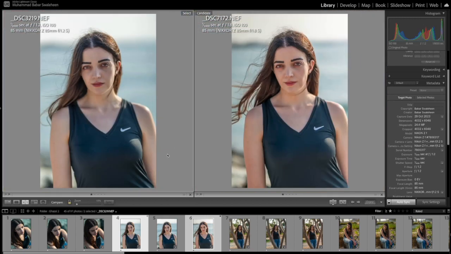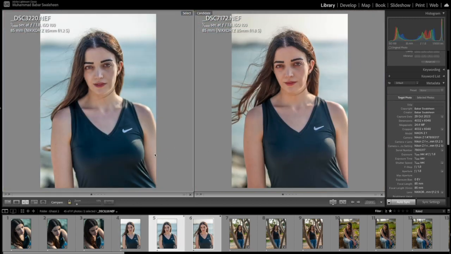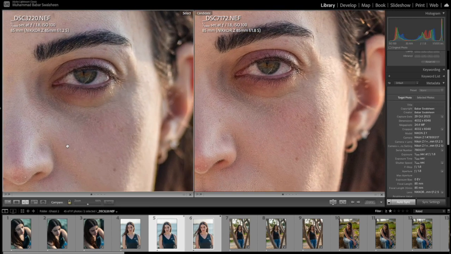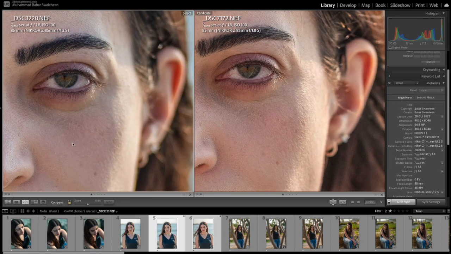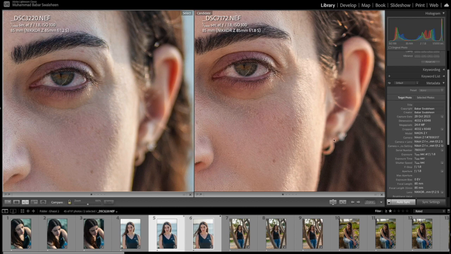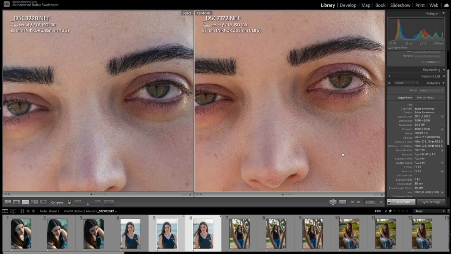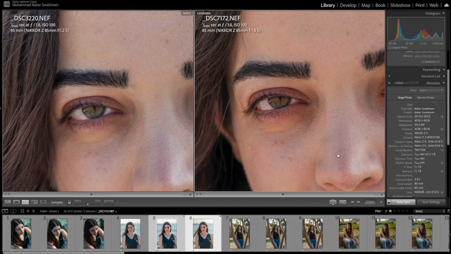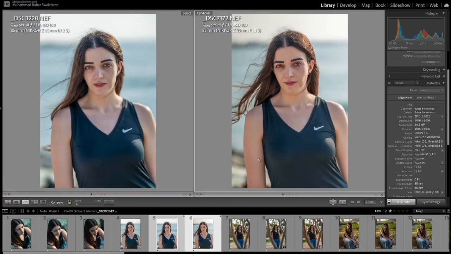So if I switch this with this, now both lenses are at 1.8, 85 1.2 at 1.8, and 85 1.8 was already at 1.8. Even at 1.8, you see the bokeh over here, the earrings of the model. Even 85 1.2 at 1.8 is blurring more than 85 1.8 at 1.8. All right, next